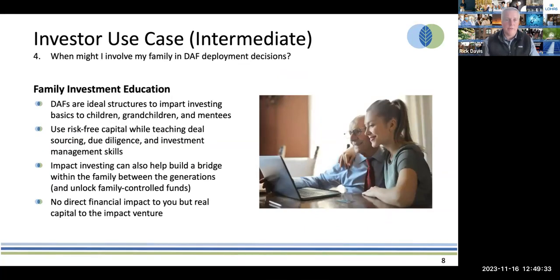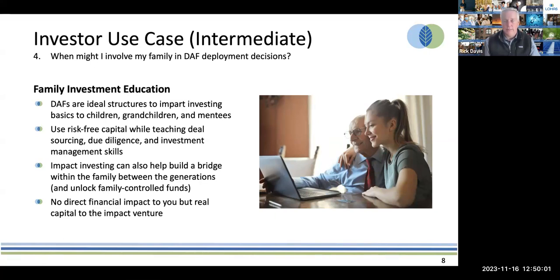Because it's one of my favorites, and that's why might I involve my family in my DAF deployment decisions? One of the things that we think of DAFs as is great tools for family investment education. It's an ideal structure, fund pool to impart investing basics to children, grandchildren, mentees, whatever the form they might take,